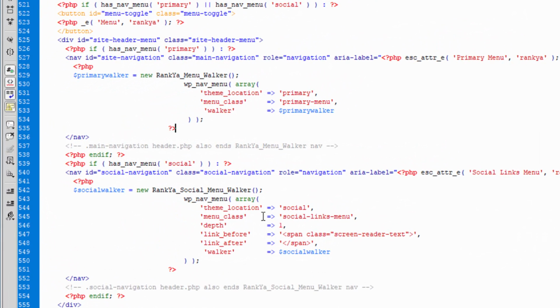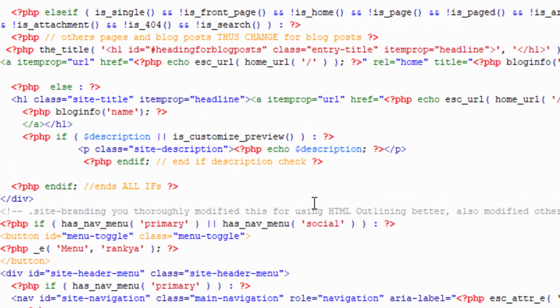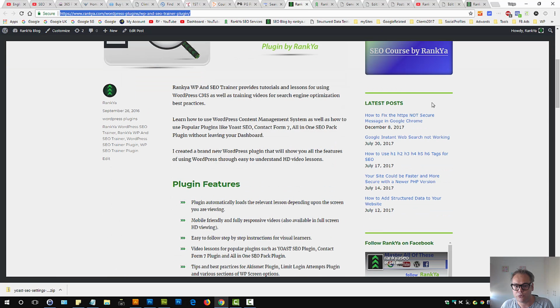Yeah, there may be others who can optimize WordPress sites better, but I create my own classes, my own code, my own things to really optimize a WordPress site, including the most complex field of SEO, which is,